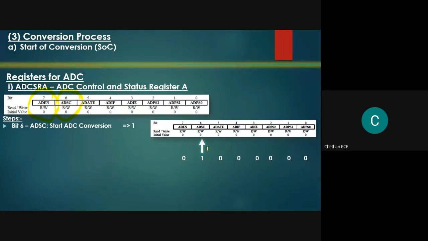Okay, Prajwal BV: ADCSRA equal to ADCSRA OR of 0x40. Excellent, very good answer. I want the command for this. The command is ADCSRA equal to ADCSRA logical OR with 0x40. Therefore, to initiate the start of conversion, we have to program bit number 6 without disturbing bit number 7. Saujanya, Kavya, Sinchana have answered.